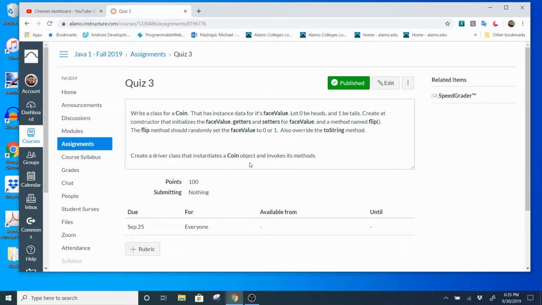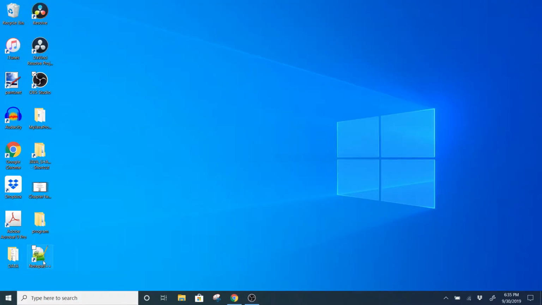So a driver class is a class that has the main method. If you guys remember, the main method is the entry point for a Java program. So it's the class that is going to actually drive the program, where the coin class is the class that is going to hold the data and be the blueprint for our object. Okay, so I'm going to go ahead and create that. I'm going to hop over here to Notepad++